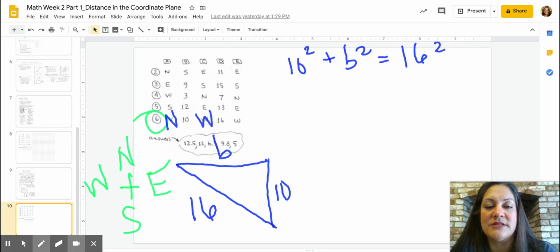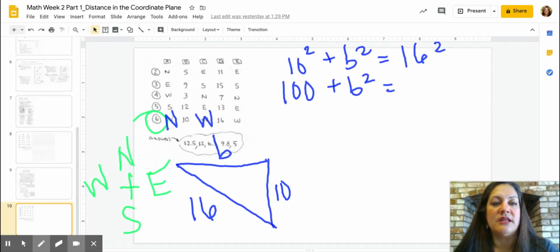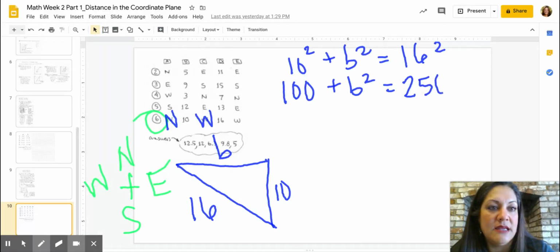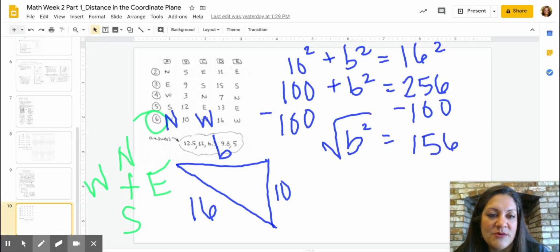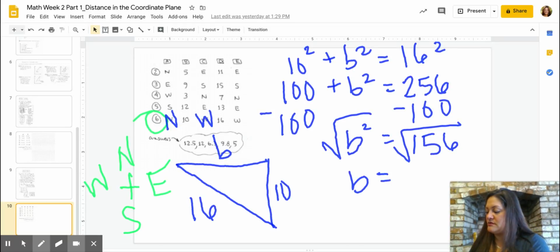And I don't know that one, so I'll use my calculator. 100 plus B squared equals, which 16 squared is 256. Then we're going to subtract 100 from each side. So B squared equals 156. Take the square root of both sides. So then B equals